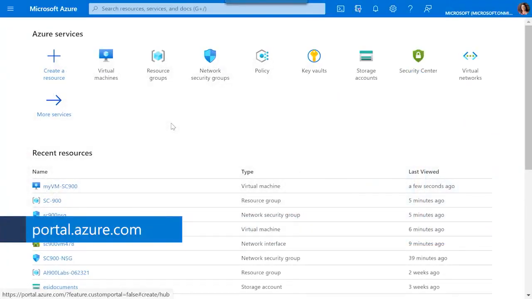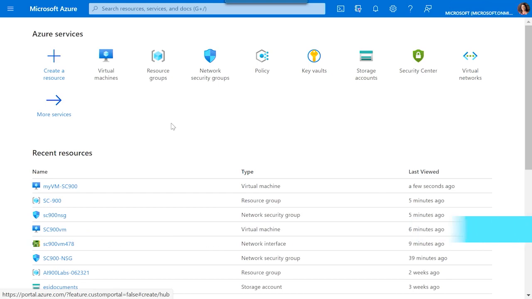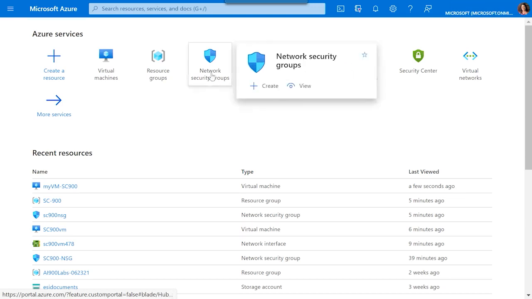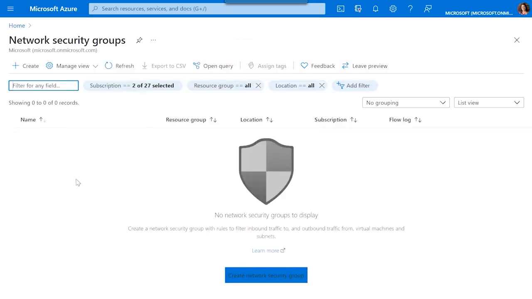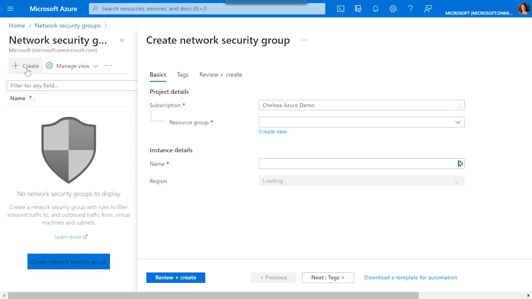As a reminder, to get there, you'll go to portal.azure.com. In the Azure Portal, I'm going to show you how to create a network security group first. So when we go in, I have it right here on my Azure services, but remember, since it's an Azure resource, there's a bunch of different ways you can create it. You can go through the portal menu, you can run a script in Cloud Shell, you can search for it. I have it here on my recent resources, so I'm just going to select Network Security Groups, select Create,